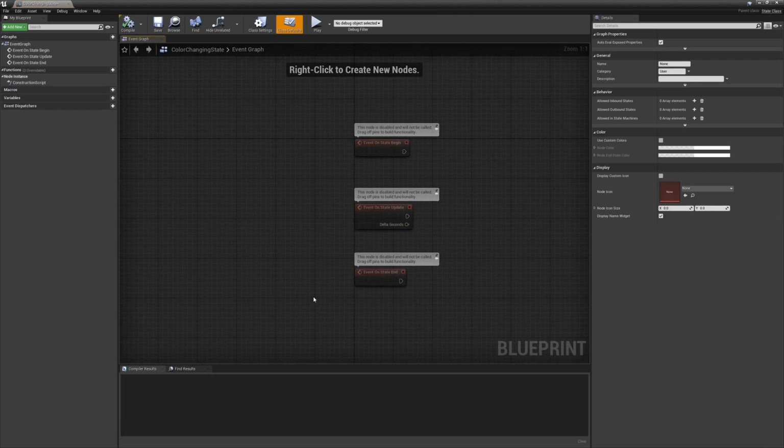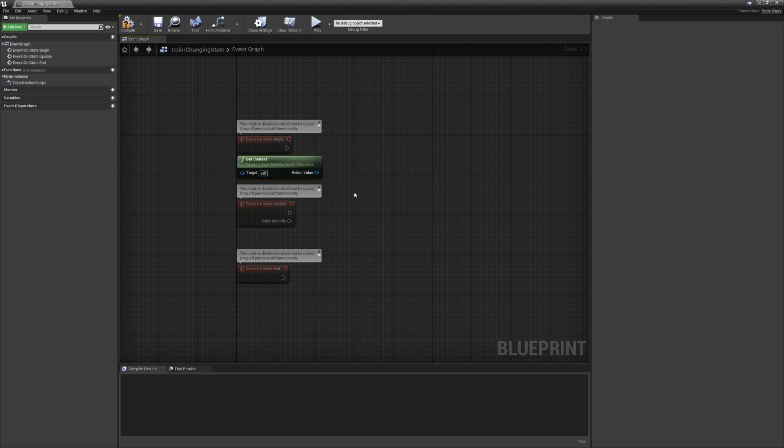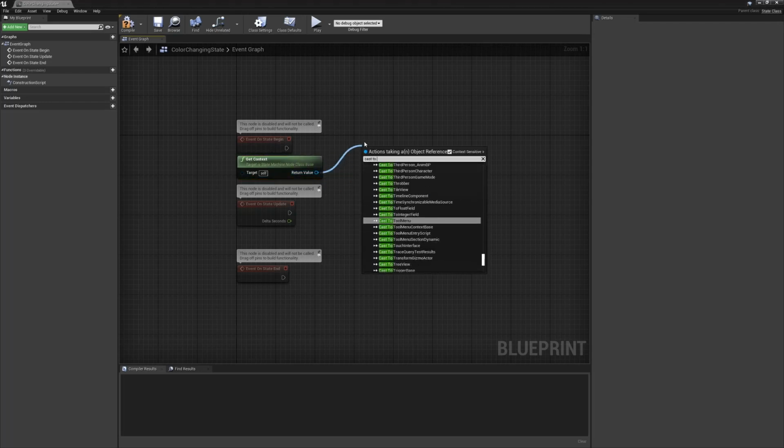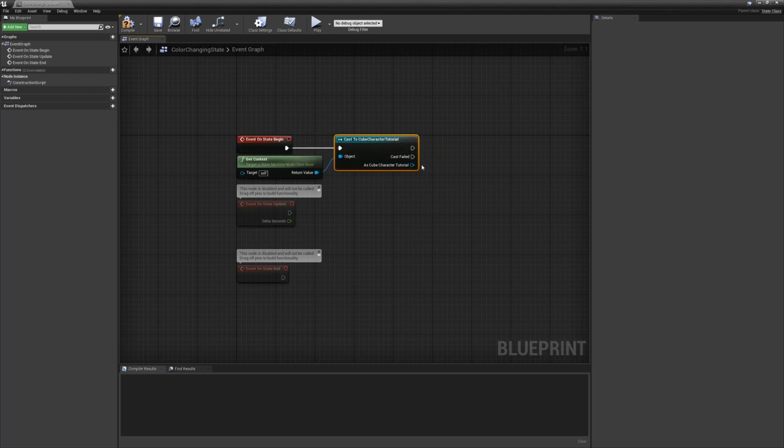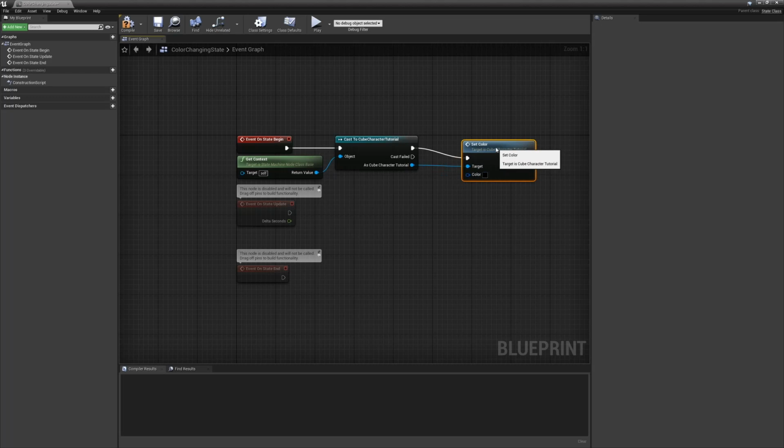When we open it up, it's going to look really familiar to the normal state in the state machine from the previous tutorial. But here it is just a class, and we can reuse this multiple times. To get started, we're going to do pretty much the same thing we did last time. Get context, cast it to our character, set the color using the function that we made.